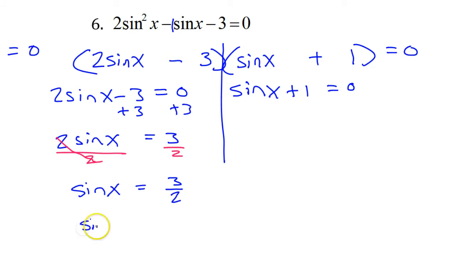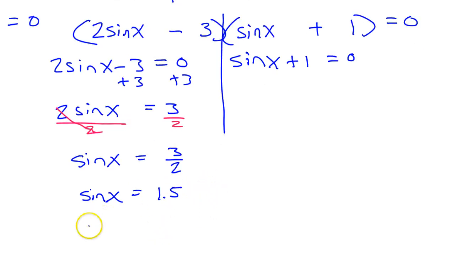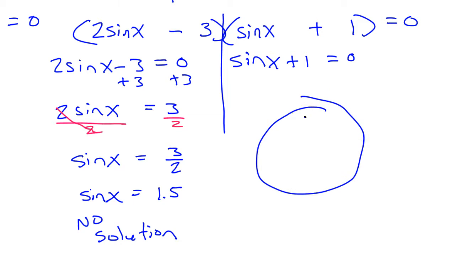Now, just to make it more clear, I'm going to write this as a decimal. 3 over 2 is 1.5. So I'm asking myself, the sine of what angle is 1.5? And right away, I know that this is going to be no solution. No solution, because looking at the unit circle,